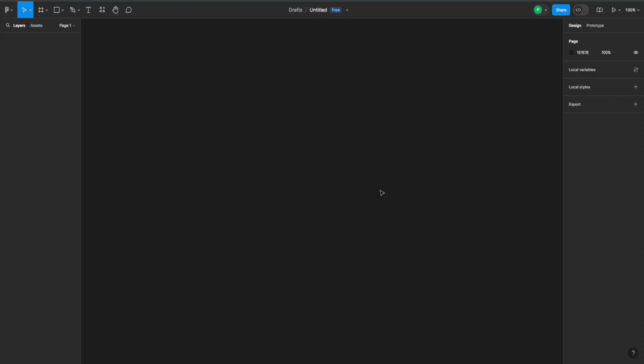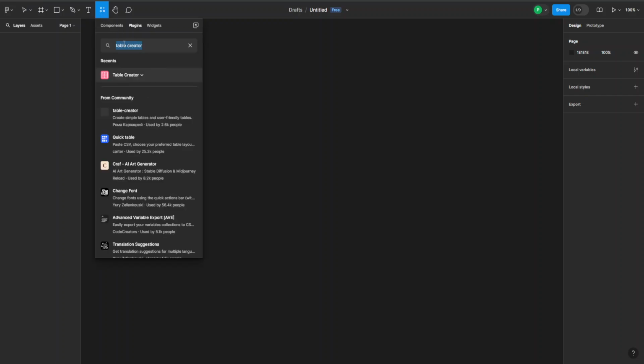How to create tables in Figma. There's an easier way than to do it by hand. You just go up to the plugins right here and you type in table creator, and then you launch this